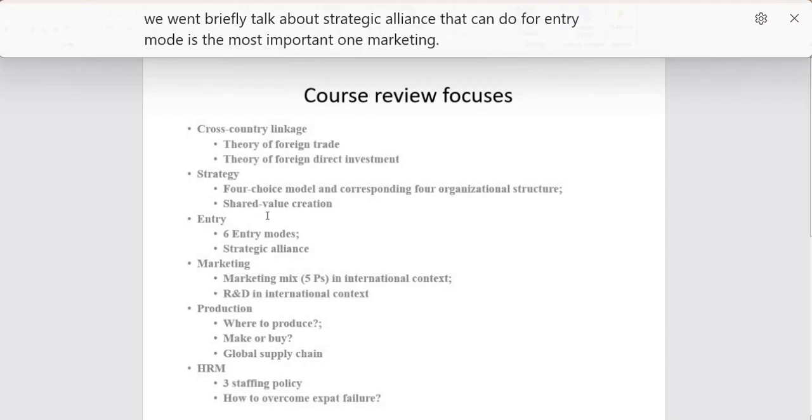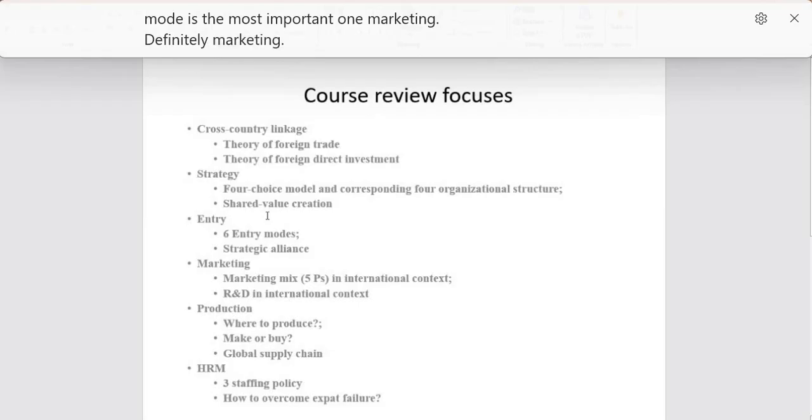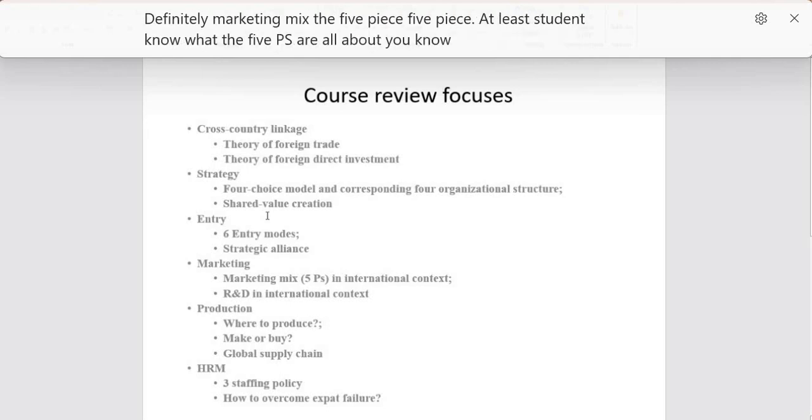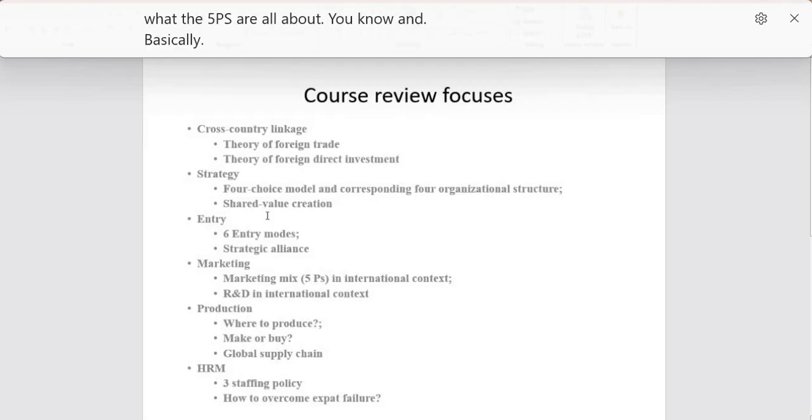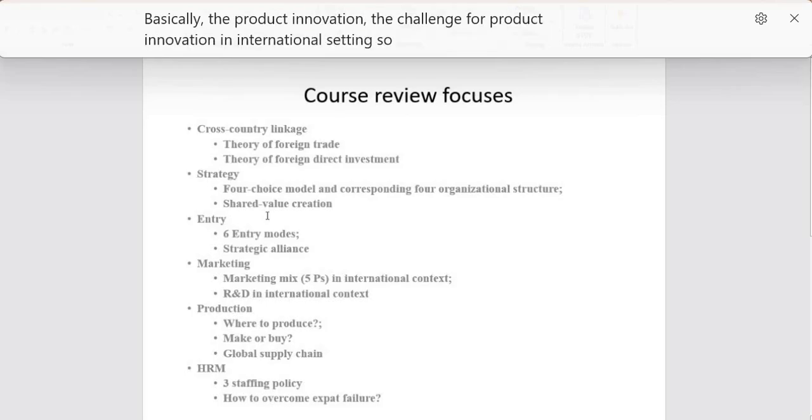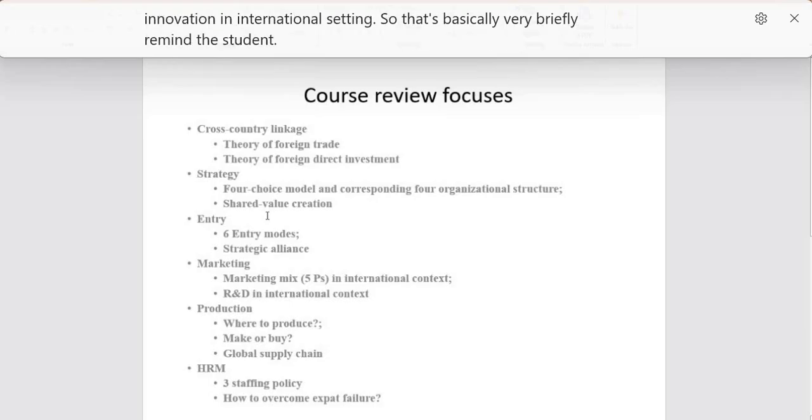Marketing, definitely the marketing mix, the 5 Ps. At least the students should know what the 5 Ps are all about. R&D is basically the product innovation, the challenge for product innovation in an international setting. So that's basically a very brief reminder to the students of this. Production here,